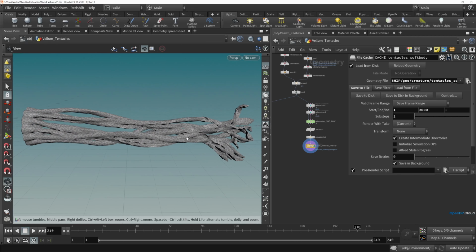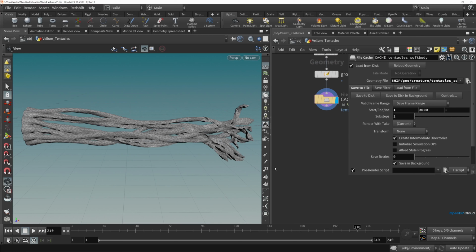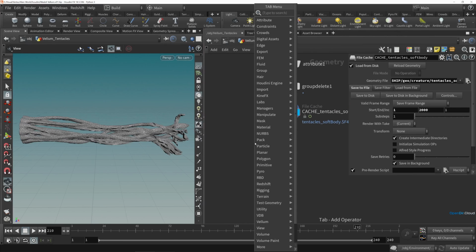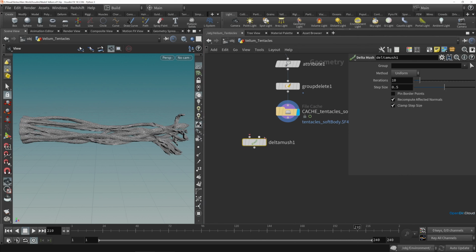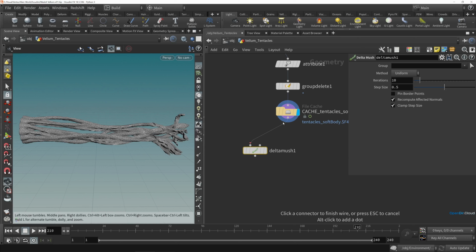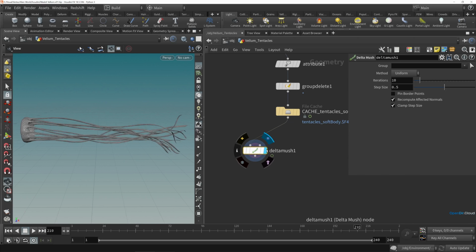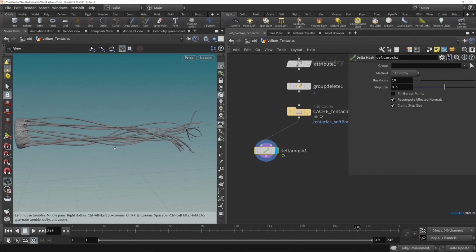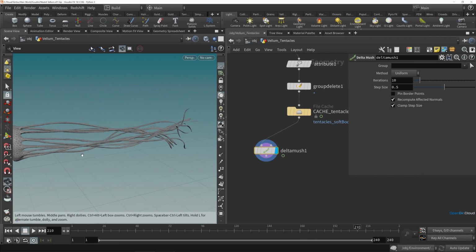So one of the best tools for smoothing out simulations after caching them is the Delta Mush. So let's go back into our network just after the cache and drop in a Delta Mush. And the Delta Mush will do some smoothing out on this mesh without any reference shape applied to it. So if you connect that to the cache here and display that, you can see this is smoothing it out quite a bit, but it's not doing it very intelligently. It's kind of just a uniform smoothing on the surface without trying to preserve any of the shapes and sizes